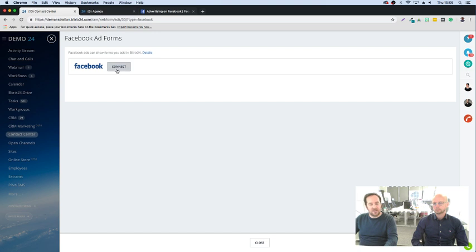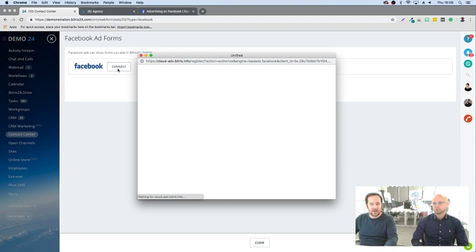then the first thing that you need to do is connect your Facebook account. So if I click on connect,